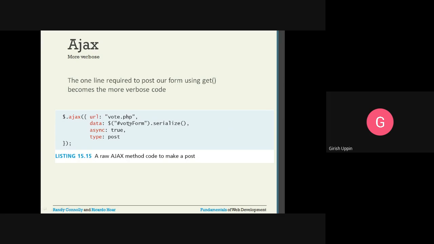The URL is a o.php, and data is the serialized data. $('#voteForm'), where voteForm is the ID given to the form, will get the form object, and .serialize will convert it into serialized data. Then async: true means we are making an asynchronous call, and type is post. So this is the most verbose code.